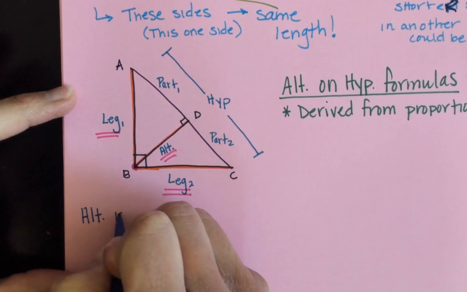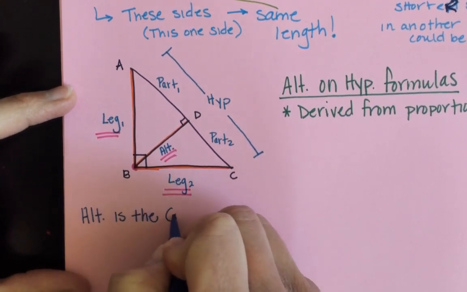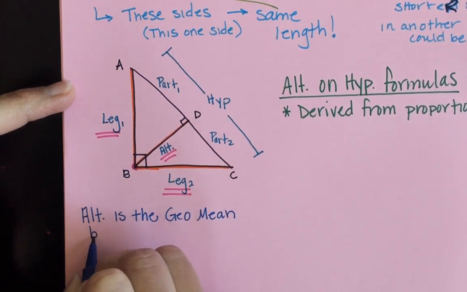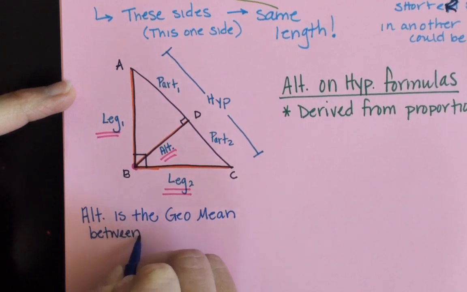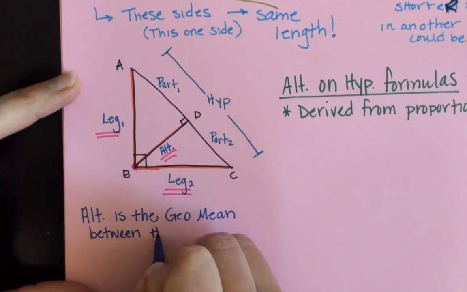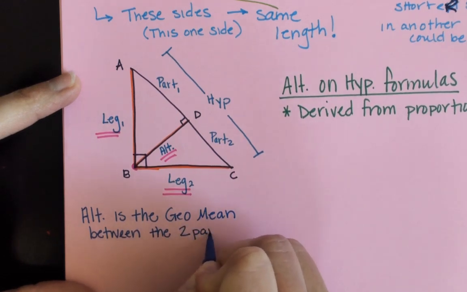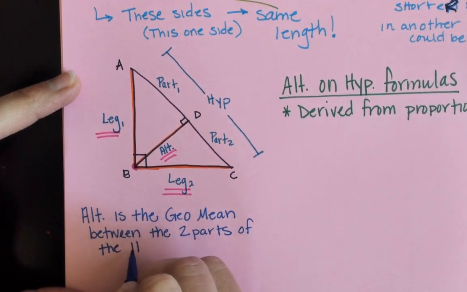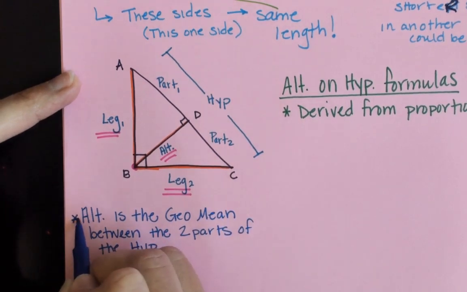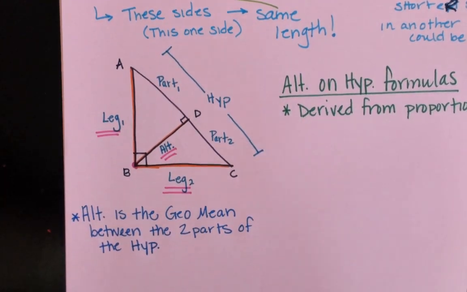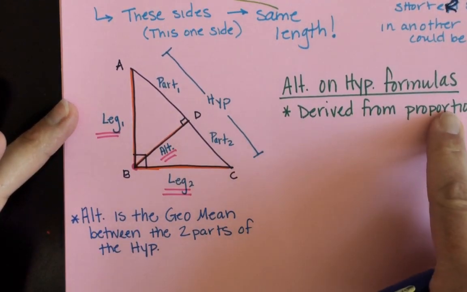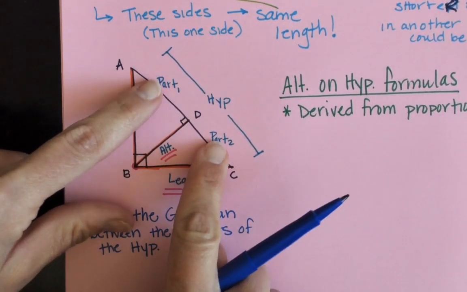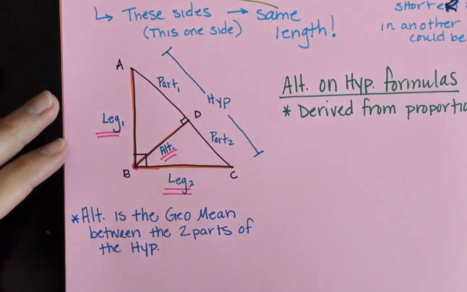Our altitude is the geometric mean between the two parts of the hypotenuse. So again, if we had our proportions and we were to cross multiply, our altitude would match with these two. So think about